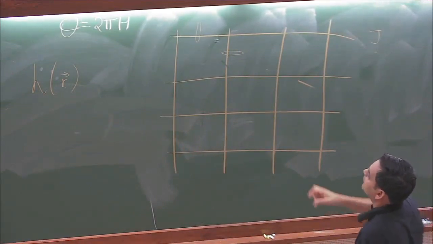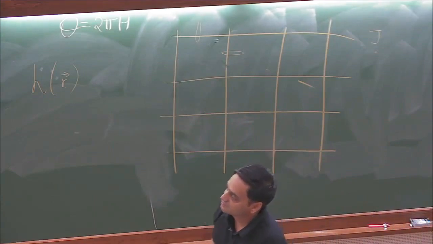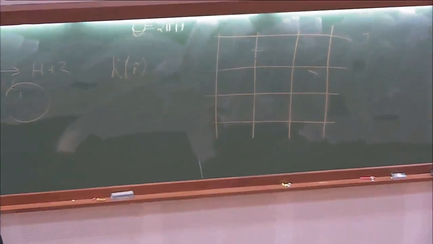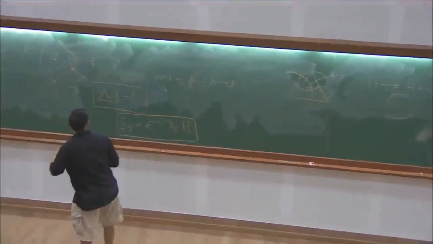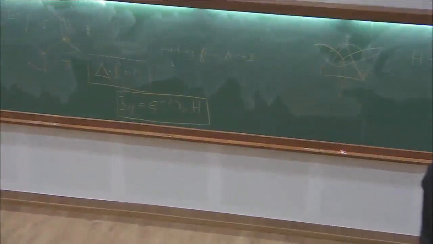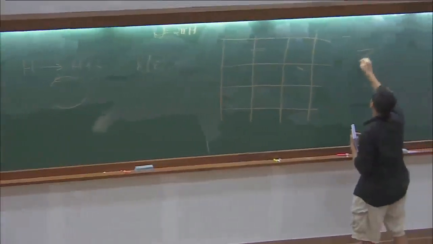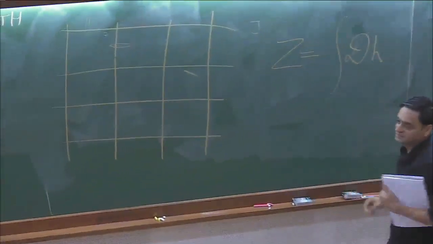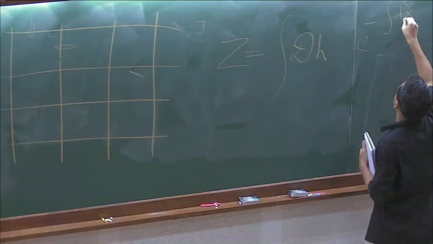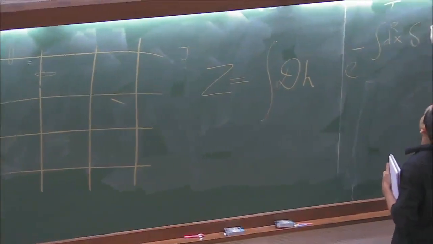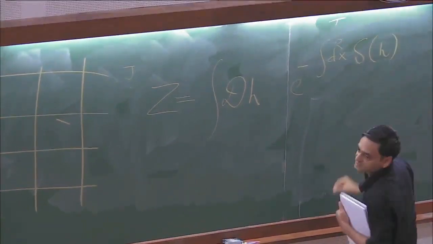And because you've averaged over local rearrangements, although in the original problem every ground state had equal weight, so the partition sum at 0 temperature was just the sum over all states, right? Everything came in with 1. Now, if you want to write down a partition sum in terms of little h, there'll be some non-trivial weight function. So now, you will have Z schematically as a path integral over this h times some non-trivial weight function,